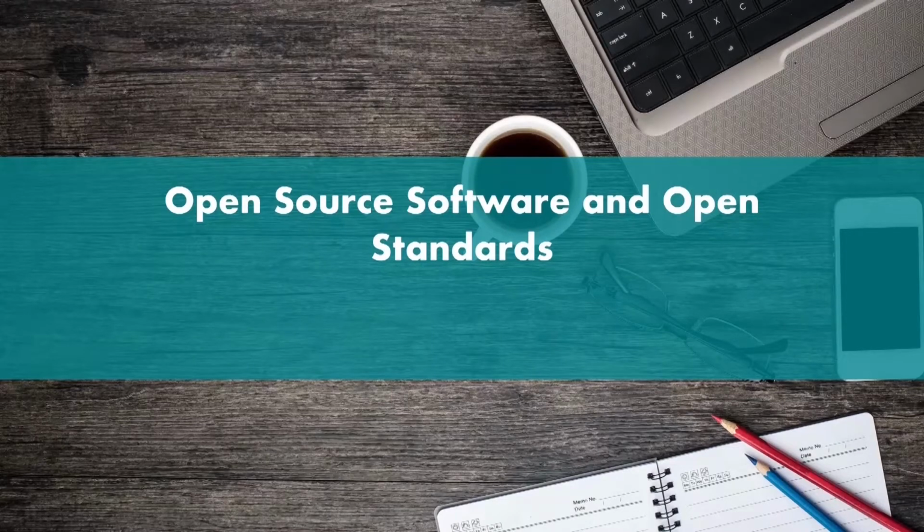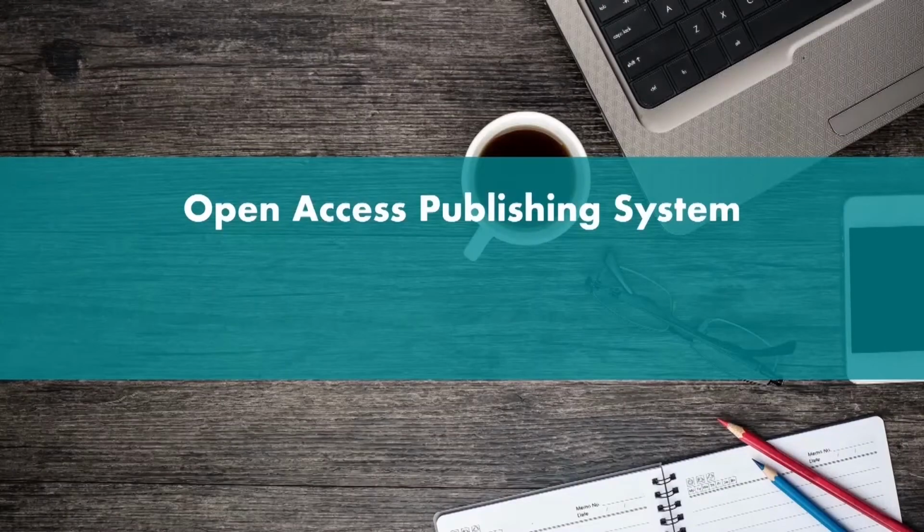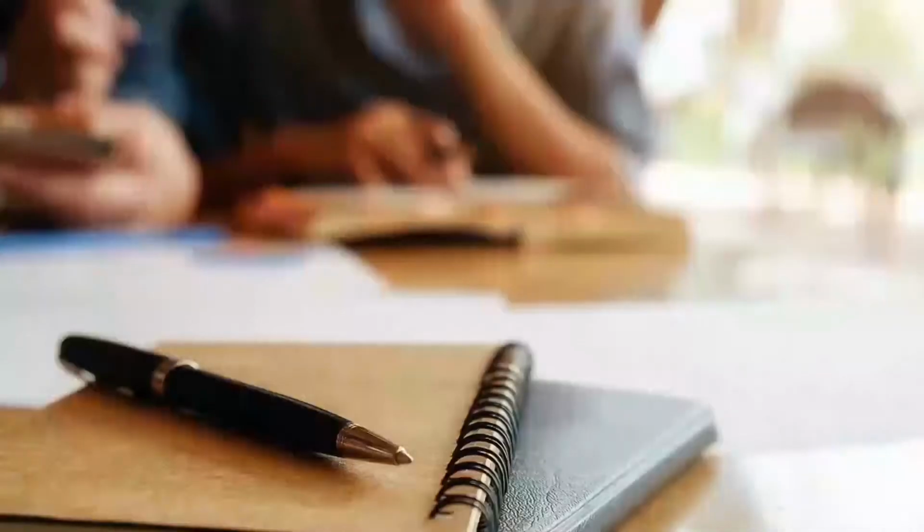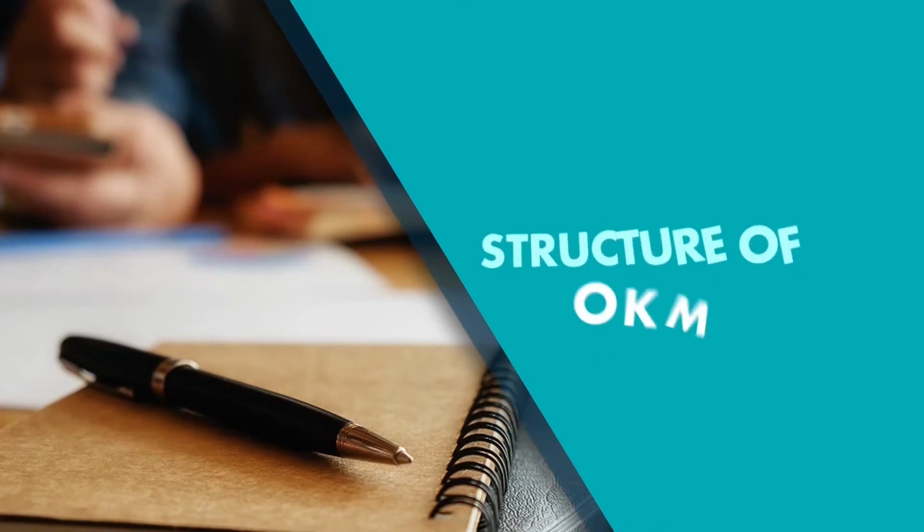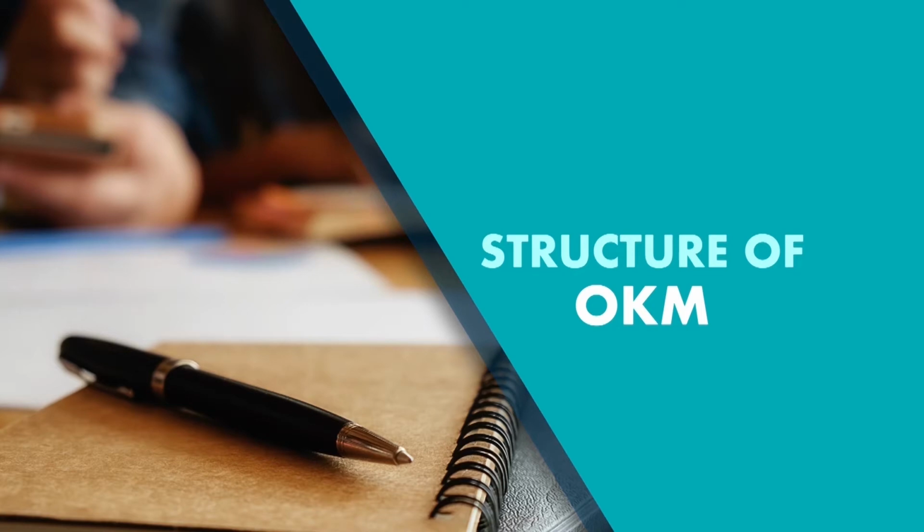So the internet is acting as the platform for the scholarly communication process. As I already said, the library is an important part of the scholarly communication process. Then it is built on top of open source software and open standards. These are basically acting as ingredients for building services and utilities. Now as I said, two beautiful products are coming: open access publishing systems and open learning systems. So open source, open standards, open access publishing, open learning, all together we call them OKM, open knowledge movement.